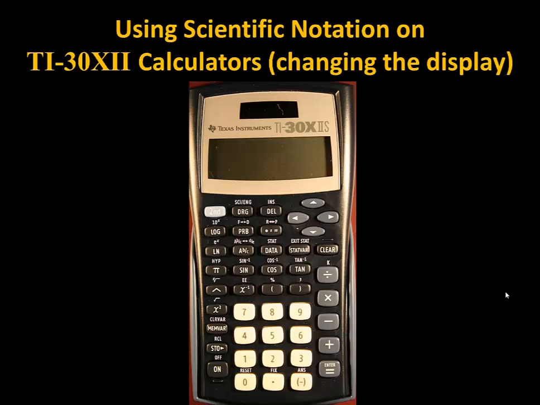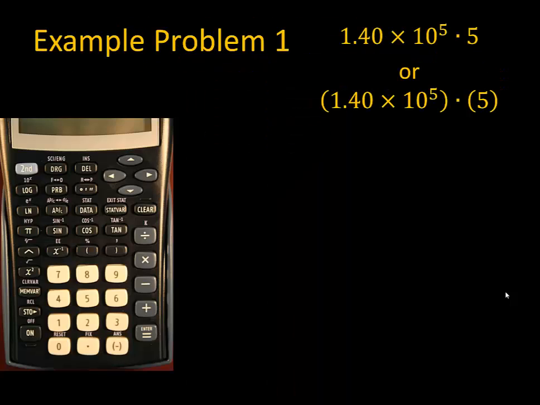This lesson will be on setting the display on a TI-30 calculator so that it always shows scientific notation. To show you what I mean, we'll do a sample problem. Here we just want to multiply 1.40 times 10 to the 5th times 5. You can think of this wrapped in parentheses if you like. Our keystrokes for the calculation are